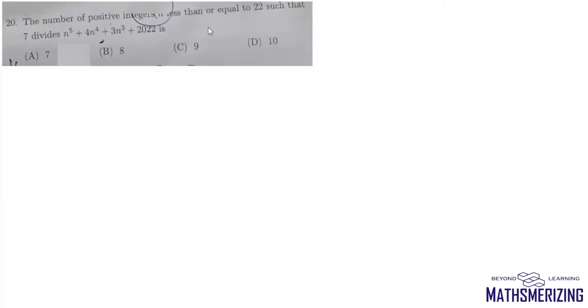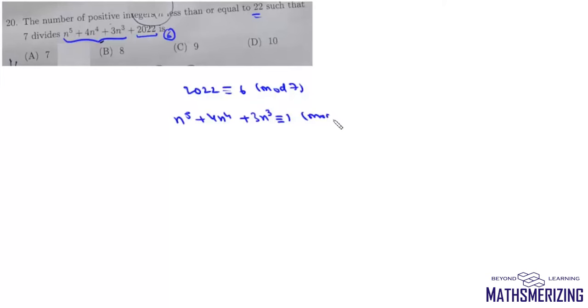Now the question is number of positive integer n less than or equal to 22 such that 7 divides n to the power 5 plus 4 n to the power 4 plus 3n cube plus 2022. Now if we divide 2022 with 7, we'll get the remainder 6. So 2022 is 6 modulo 7. Now if 7 divides this number, then this n to the power 5 plus 4n to the power 4 plus 3n cube,